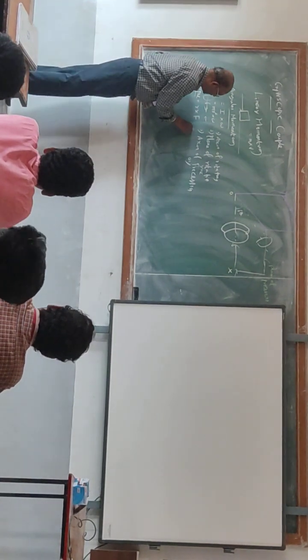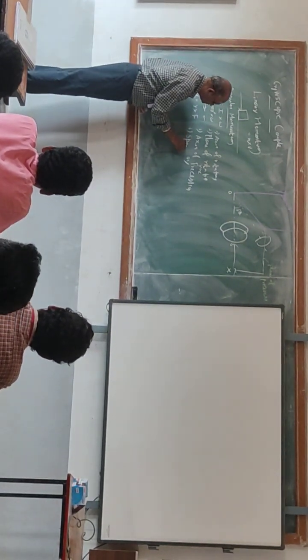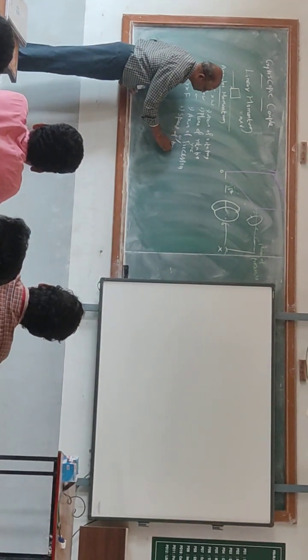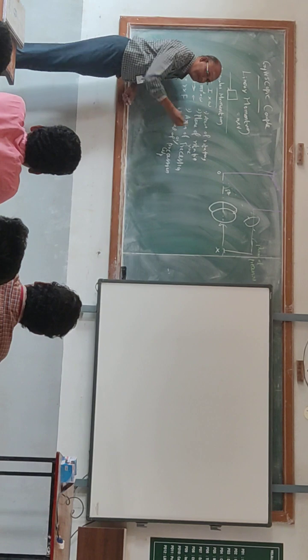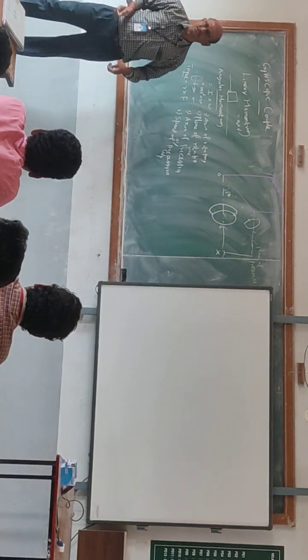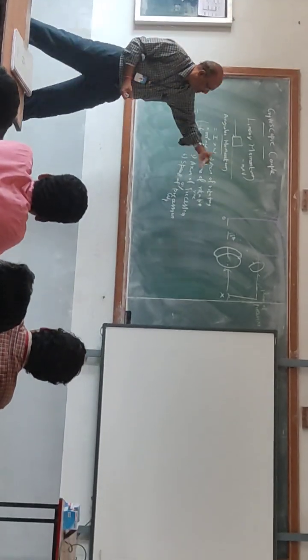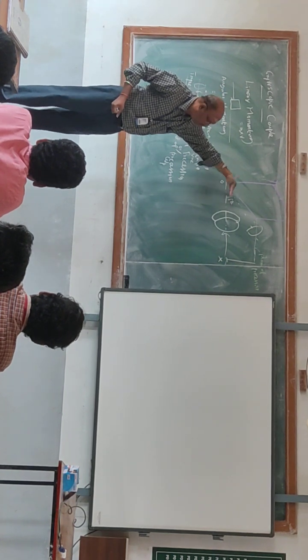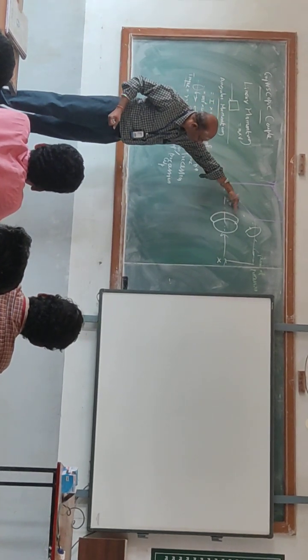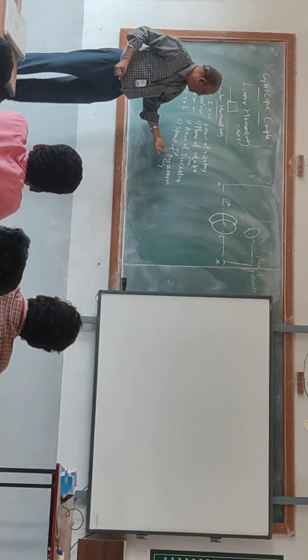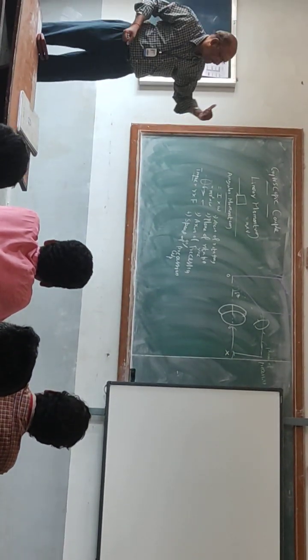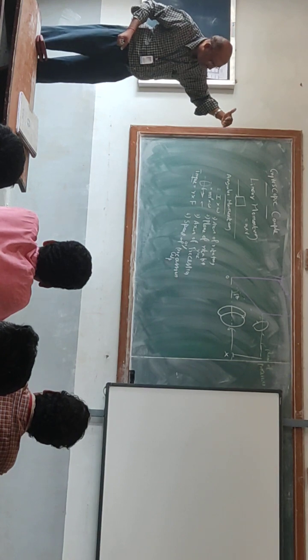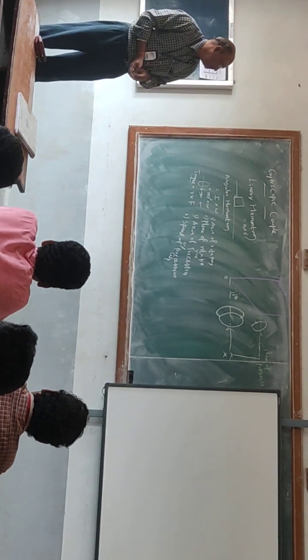Okay, then speed of precession, that is omega p. Here the suffix p refers to precession. As you know, whenever the body is rotated about its own axis of rotation, the axis will move at a certain speed. It is called the speed of precession. It is the speed at which the axis of the spinning body will move.